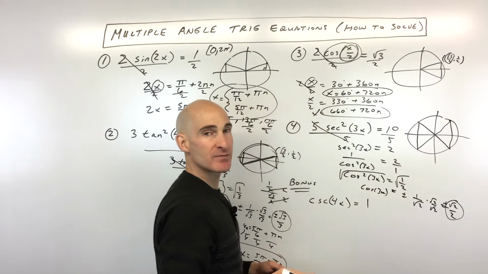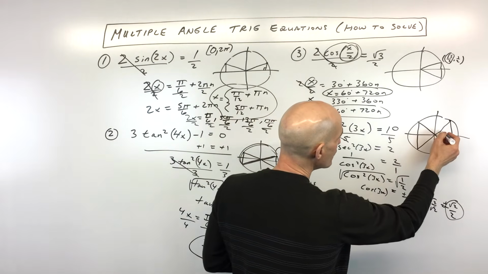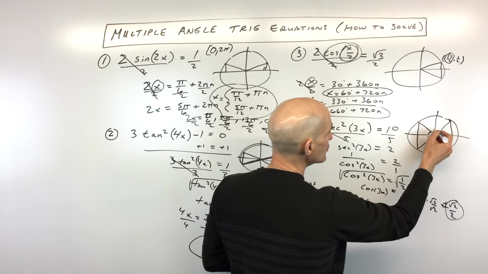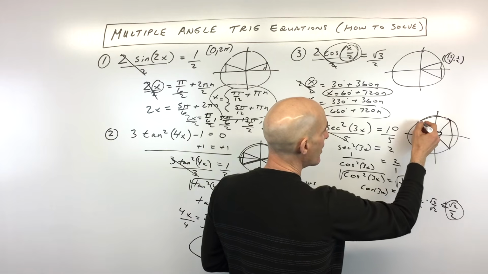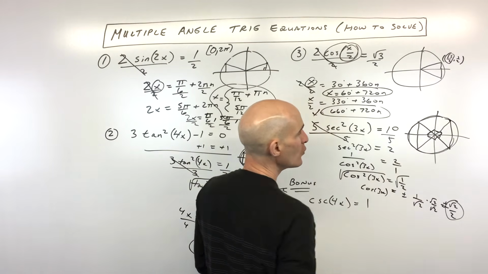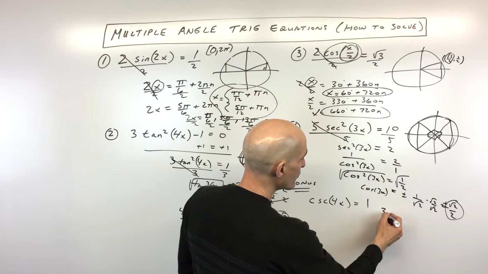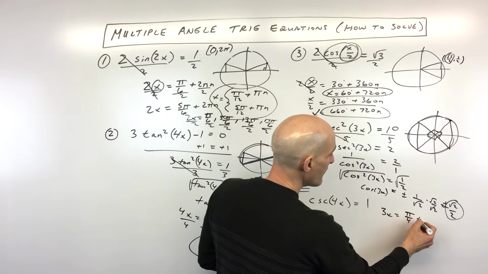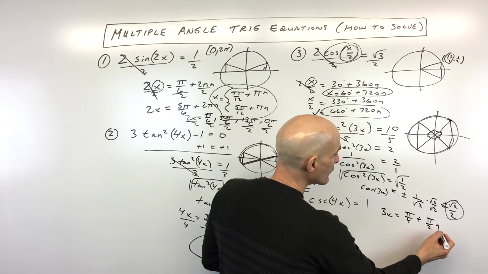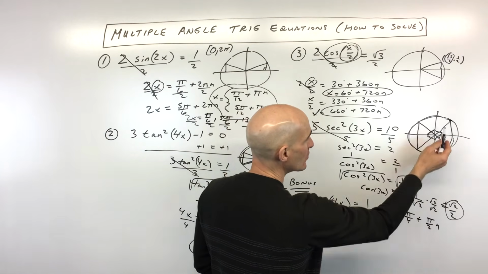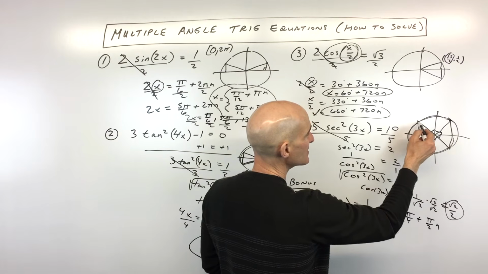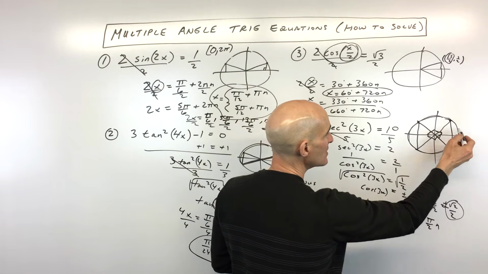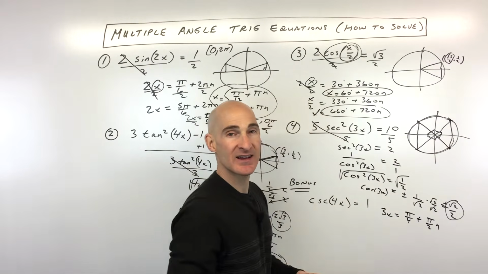But what's interesting about this particular problem is that, see, these are 45-degree reference angles, okay? But notice how these points are actually 90 degrees apart, okay? And so what we can do, if we write this as a general solution, is we could say 3x equals pi over 4, so 45 degrees, plus 90 degrees, or pi over 2 radians times n. So what we're doing is we're adding 90 degrees. That takes us to the next point where cosine is equal to root 2 over 2. And we keep adding 90 degrees, and we keep basically bouncing around to the next corresponding